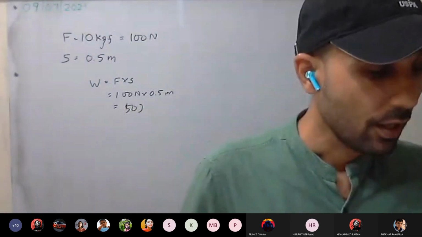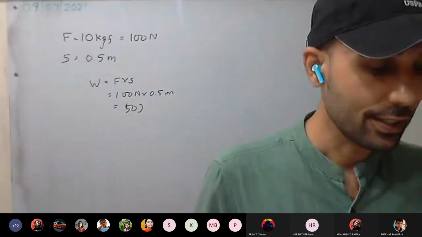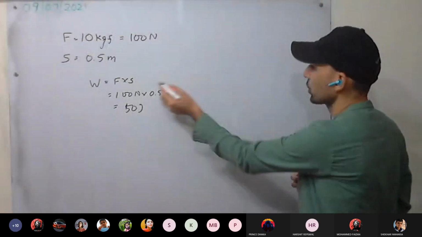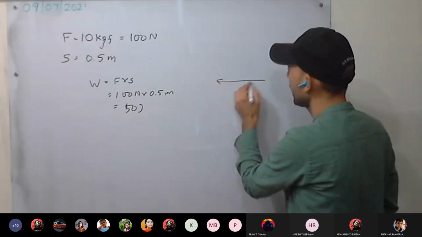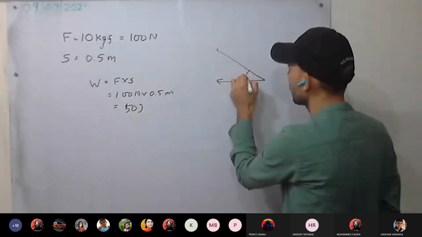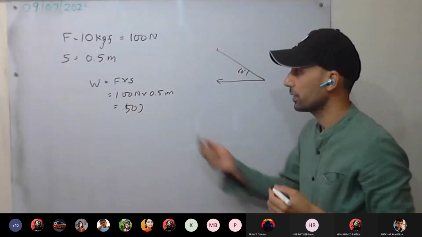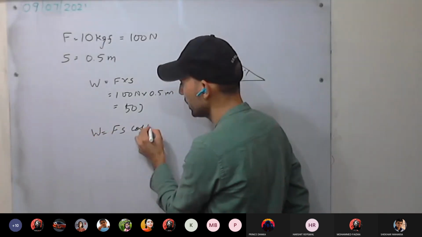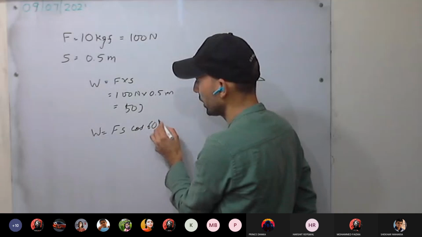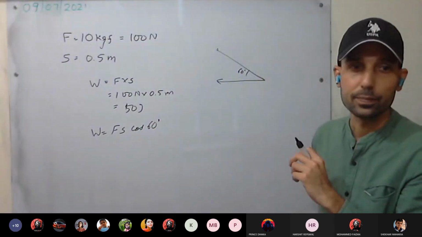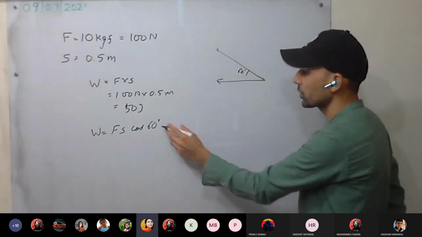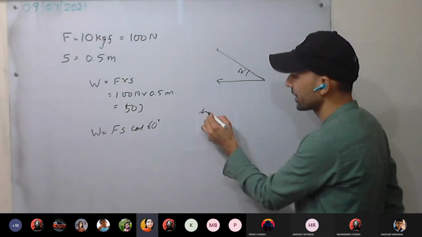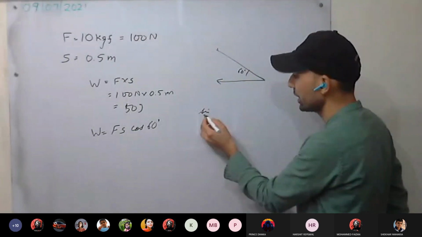Second one, in the direction at an angle of 60 degree with the force. So if this is the force applied and the body is moving at an angle of 60 degree, what will be the formula? F S cos theta. Theta is how much? 60. How much is cos 60? Root 3 by 2 or 1 by 2? 1 by 2. You have studied sine.